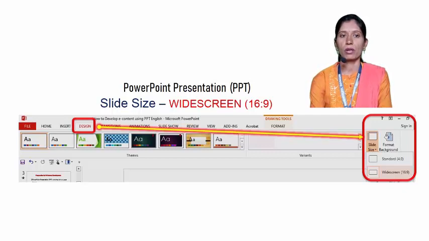At the beginning of a PowerPoint presentation for video making, you have to set the slide size. For this, go to the Design menu, then click on Slide Size. In the Slide Size submenu, you will find 2 options, Standard 4:3 and Widescreen 16:9. Among these 2 options, you have to click on the Widescreen option.